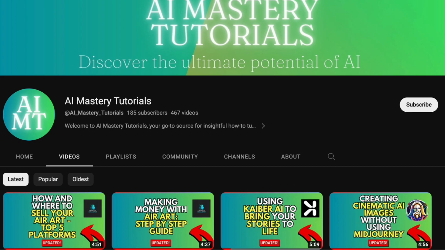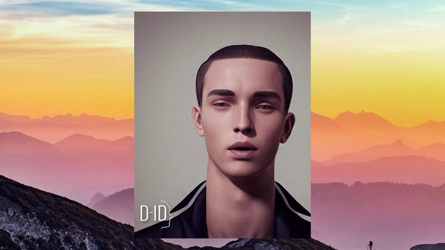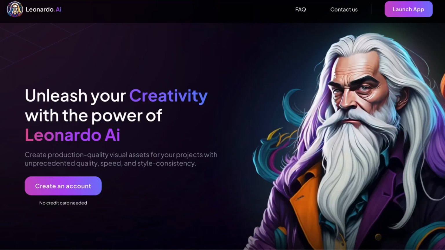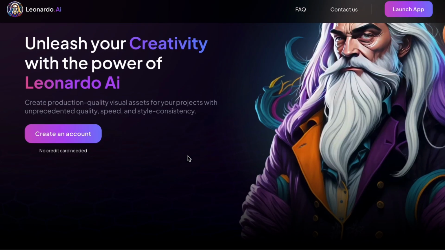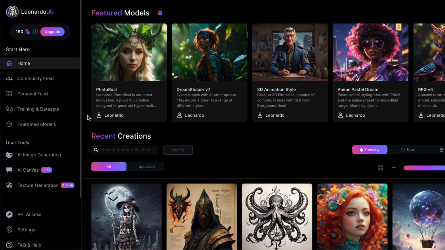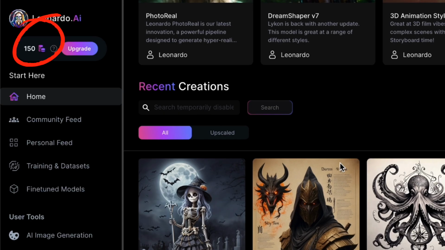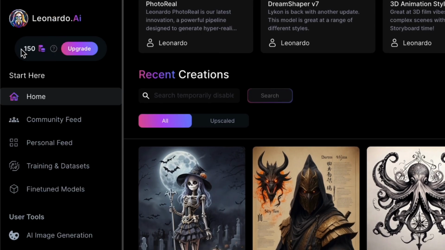Now, let's get started. The first step involves creating an AI avatar image. To embark on this creative journey, we will be utilizing the impressive capabilities of a cutting-edge AI image generator known as Leonardo AI. However, there are some essential preparations to ensure a seamless experience. First and foremost, make sure you have a free account set up on the Leonardo AI website. This account grants you 150 credits daily, allowing you to explore and experiment with AI image generation without any financial